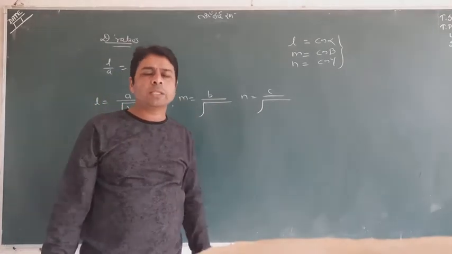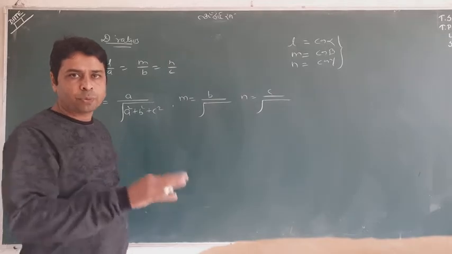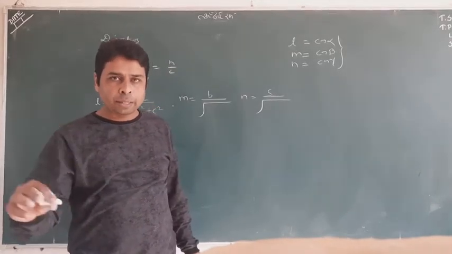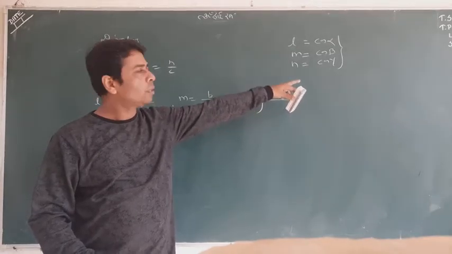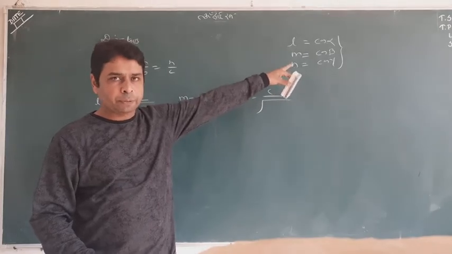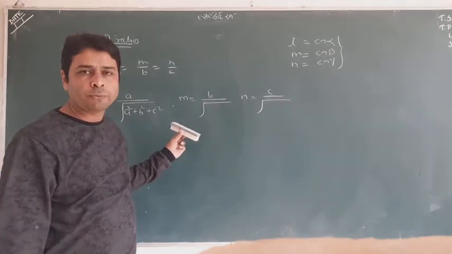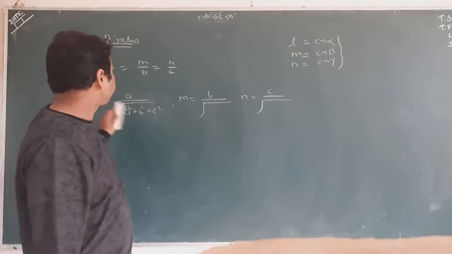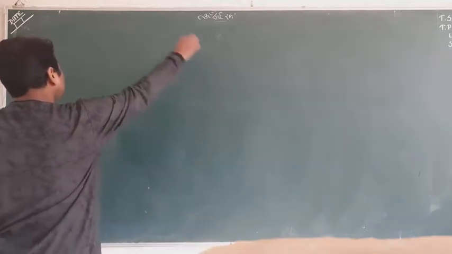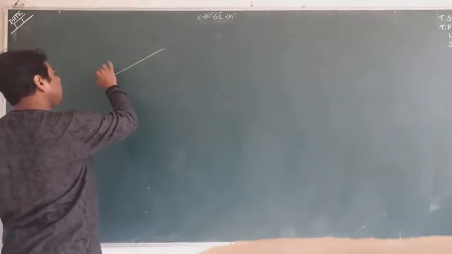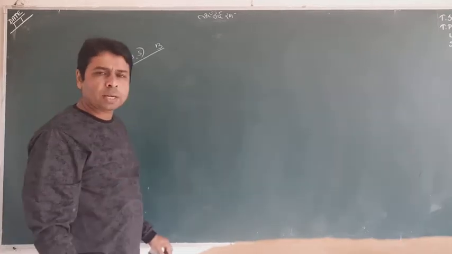There are lots of things I have to tell you here, see them one by one, but don't forget this formula. We have only two formulas for l, m, n. The first one is cos alpha, cos beta, cos gamma, but this is a bounded formula because it can be used only when alpha, beta, gamma are given. If these are not given, you can use the other formula, because we have just two formulas for finding l, m, n. This is the formula I taught you here, please don't forget. Now next, one thing is very important. This is my line AB whose ratios are 2, 3 and 5. Few things again I want to tell you.